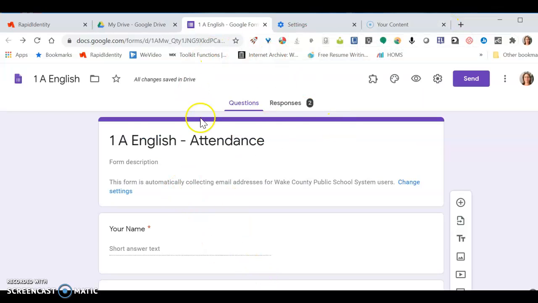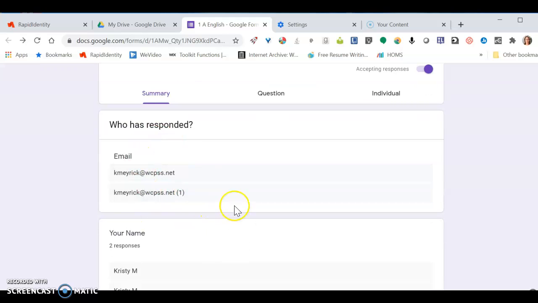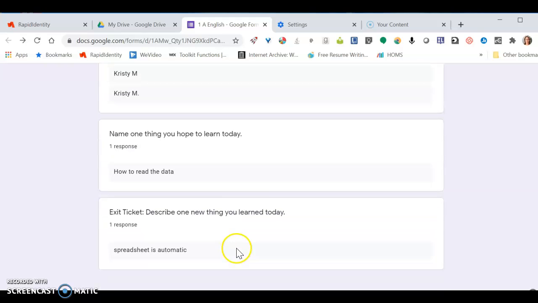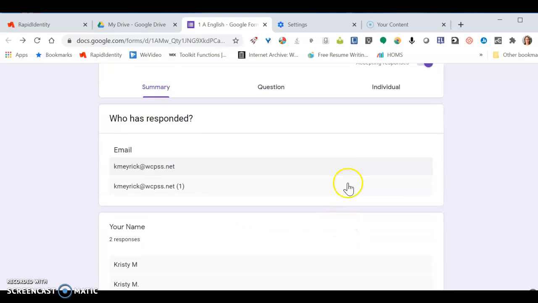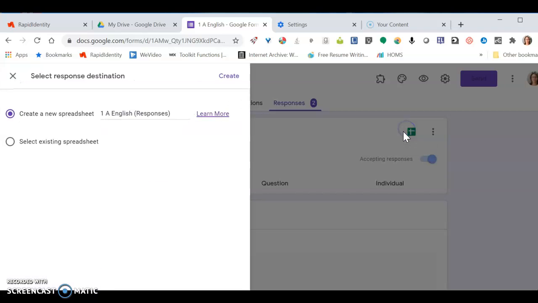So you can see in editing view, when you're looking at your Google form that you made, you've got 2 responses because I just filled it out twice. When you click on this, it's going to show you kind of a preview of who's responded. It's collected my email address. But for attendance purposes, that doesn't really help you out because it doesn't tell you what time I responded. So instead, you may want to click on this. This is the spreadsheet. It'll create a new spreadsheet. So you're going to click Create New, Create,